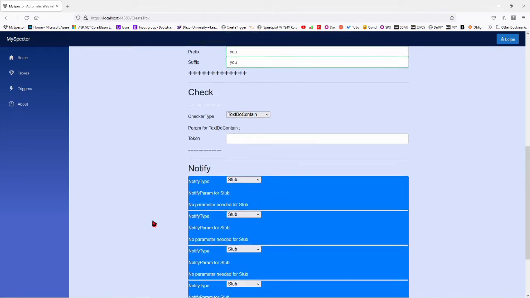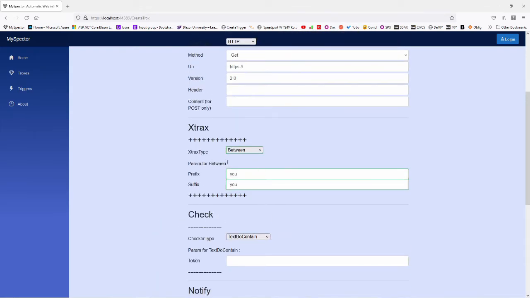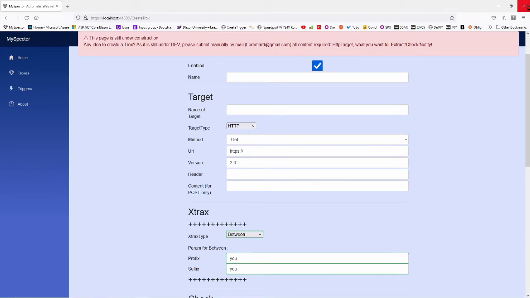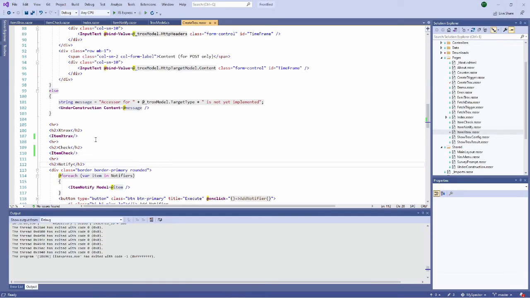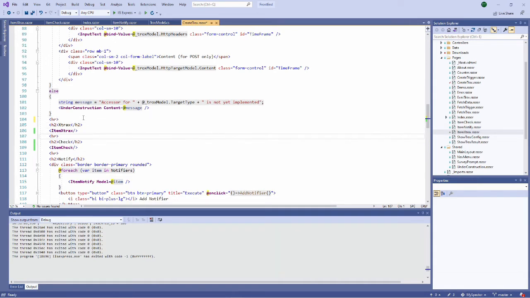So now we will see how to dynamically add some components in the Blazor page. What is the code behind this? So the extraction item is here. One first idea, I will first make an error and we'll see how we can solve it.